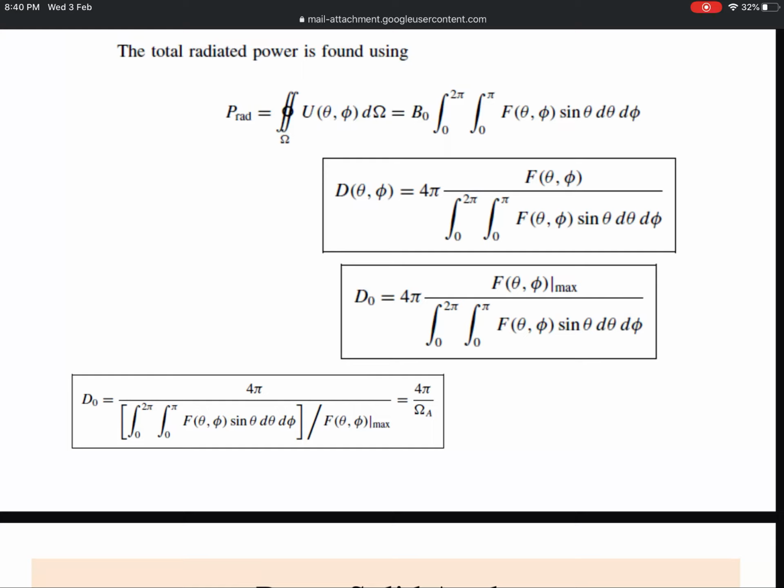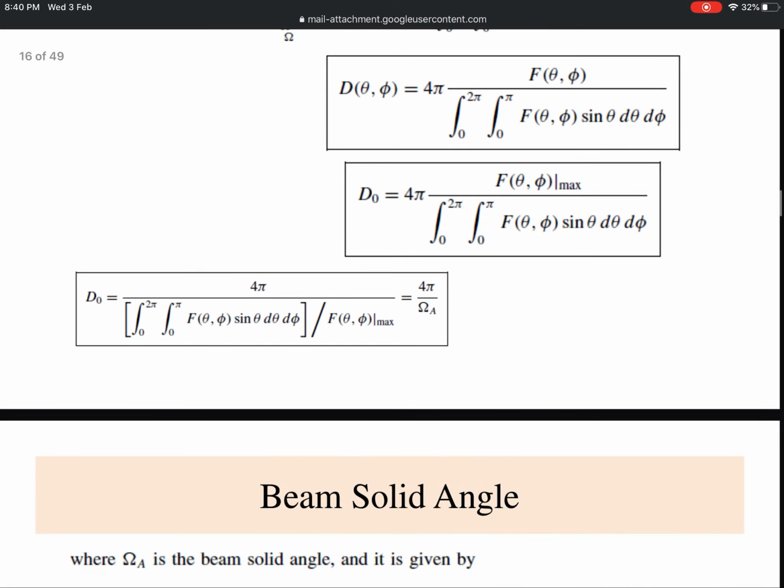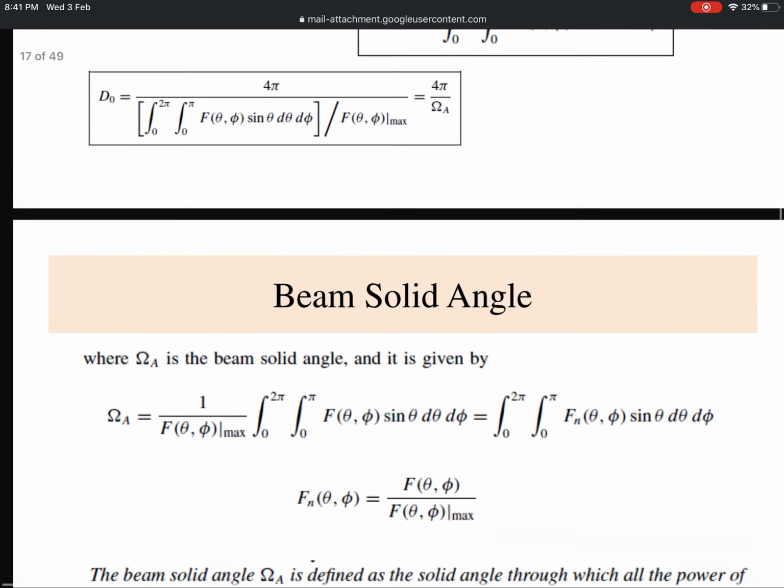Similarly, with the integration you have to calculate the bottom, and this is a finite integration, so you will get a value out of it. If you calculate this value and normalize it with the numerator maximum value, the denominator, whatever it is coming, is termed as the beam solid angle. So beam solid angle is considered with the major lobe consideration. It is defined like, in how much angle of the sphere the major power is going, and that is considered with respect to the directivity. It is a theoretical concept.